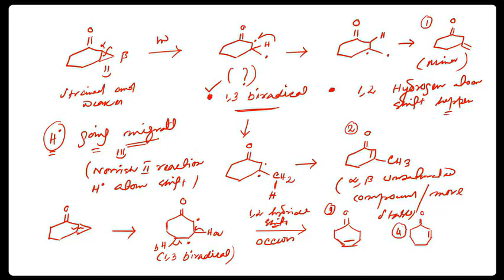So how many keto products can we observe after this photoirradiation? The answer is 4. Among them, two are 6-member and two are 7-member. And in both cases we have realized